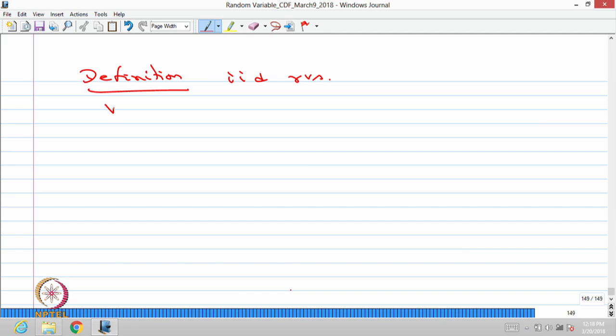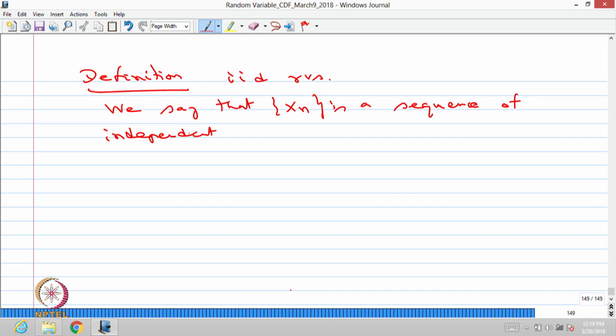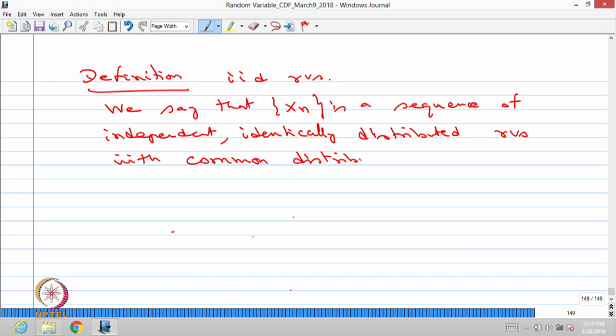We say that Xn is a sequence of independent, identically distributed random variables with common distribution if the sequence Xn is an